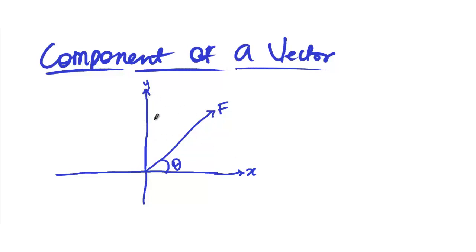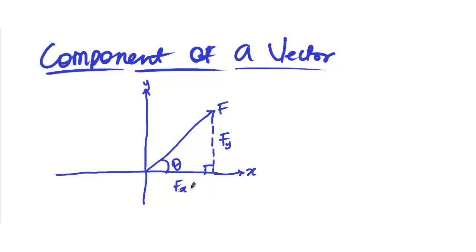So let's form a triangle for this vector. Let me use a broken line to complete this, to make it a right triangle. So this is the hypotenuse, which is where the vector is. The vertical component of the vector will be in this direction, which we can write as f subscript y. And the horizontal component of the vector can be written as